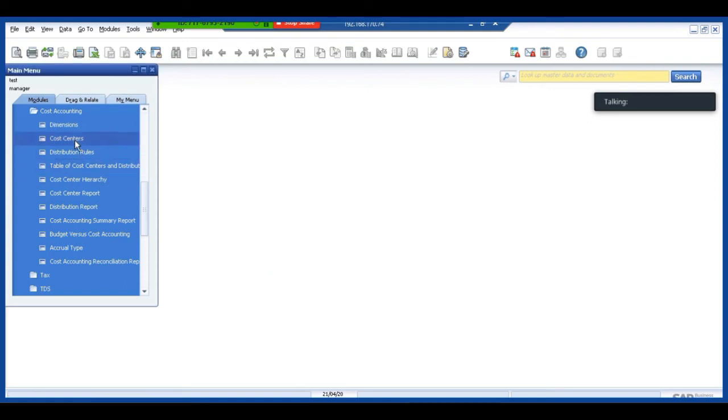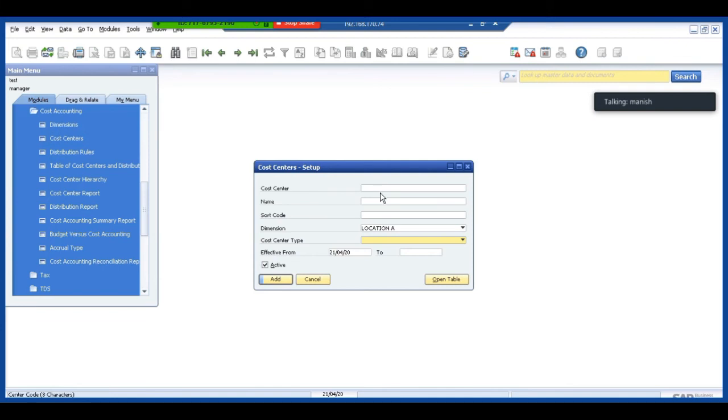I'll create a cost center. For example, it would be petrol. My dimension out here would be expense.